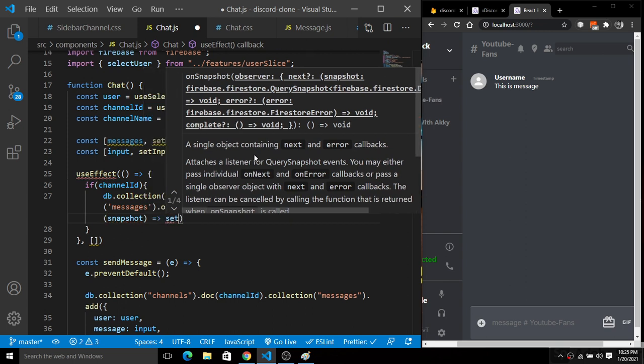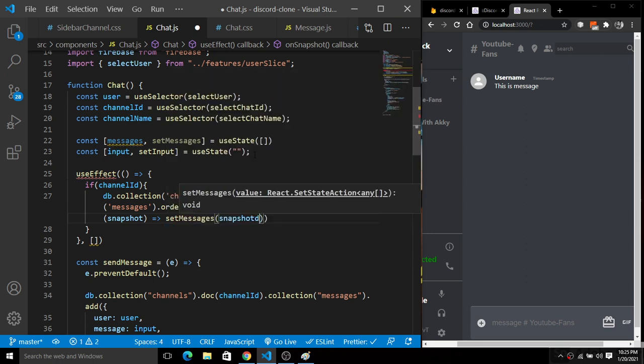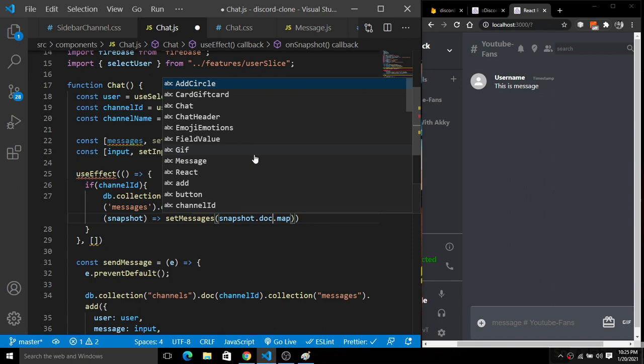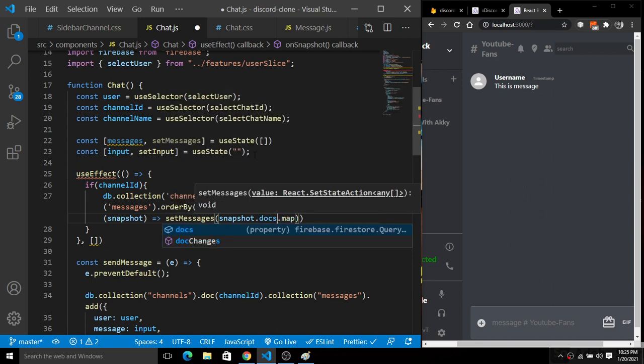So here we have this setMessages, and inside of this we have this snapshot. It will simply map out each and every message from the different chat names by using this onSnapshot functionality.